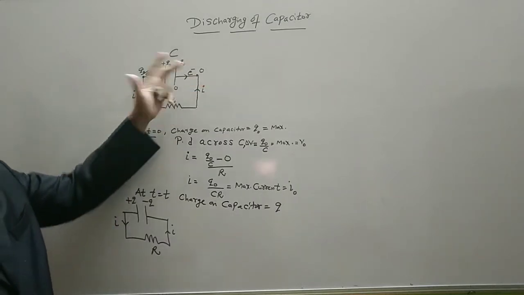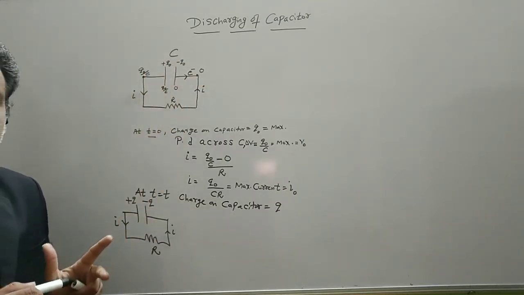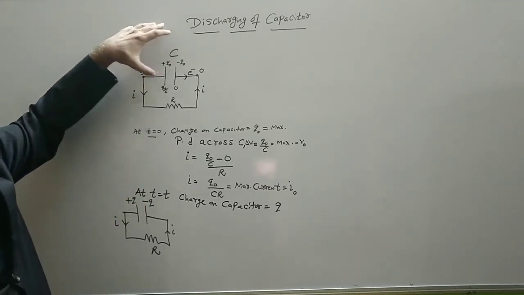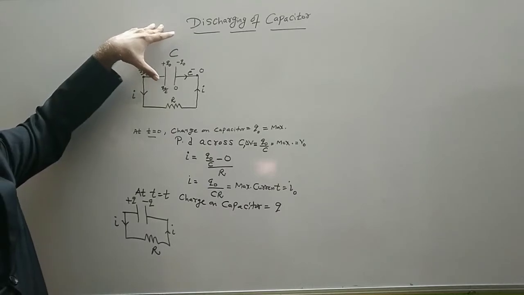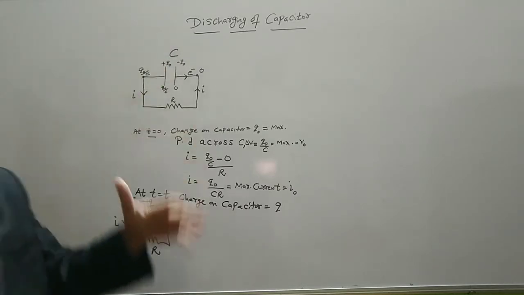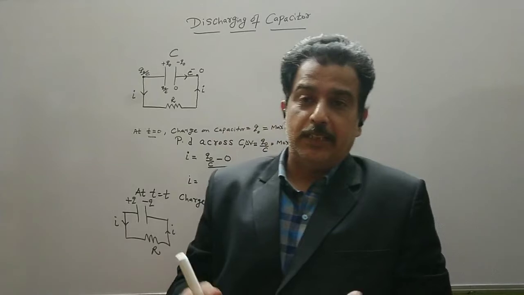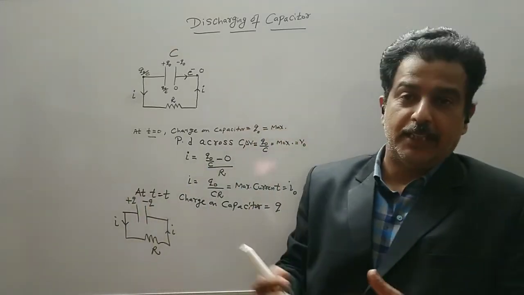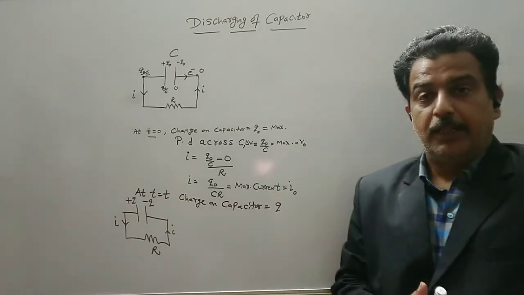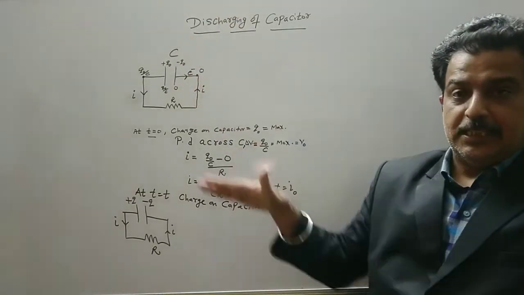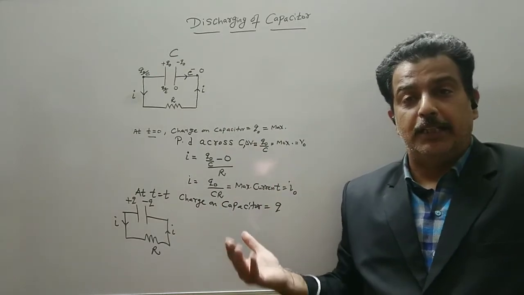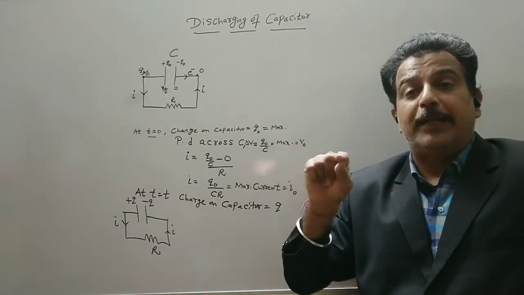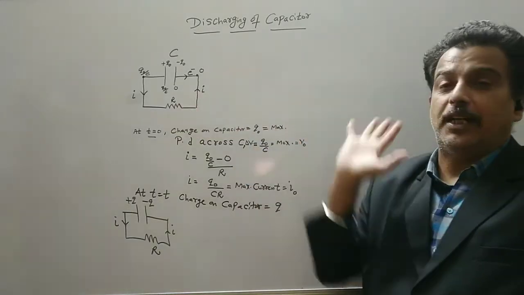Or you can understand there is no source of energy, that is, there is no battery. So whatever energy we have stored in the capacitor, that we have studied, when the capacitor is fully charged, the energy stored is half CV square or half Q square by C, like that we have done. 3 formulas were there. Now its energy is decreasing. So where is this energy going? Energy can neither be created nor destroyed. So it is dissipated in the form of heat across the R.